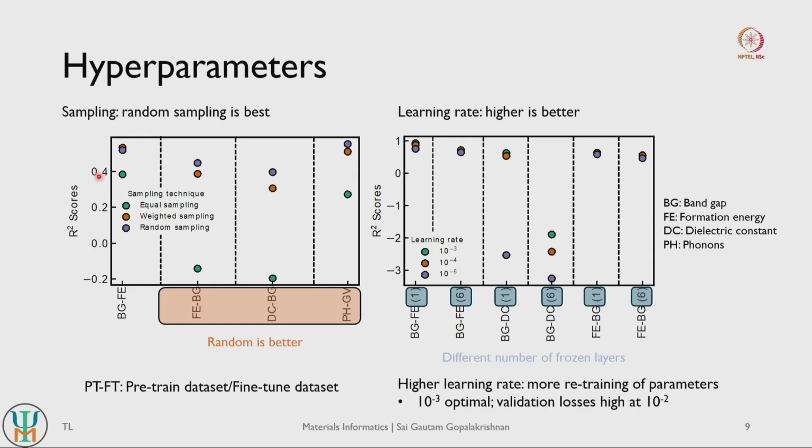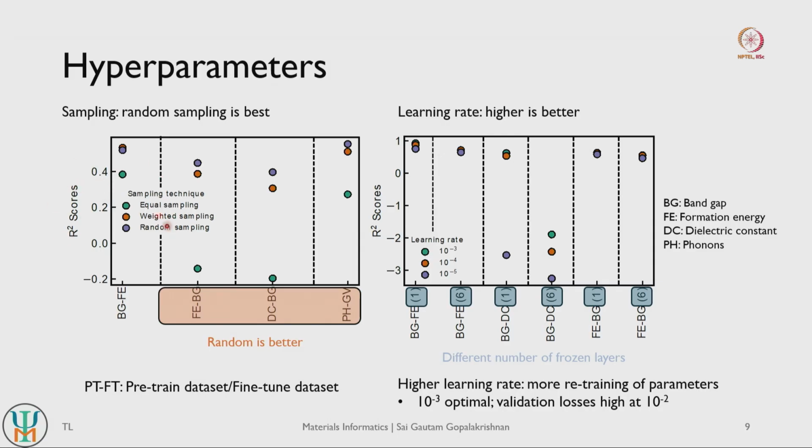So we are basically plotting the R2 scores here of all transfer learned models. The notation being used is, the first data set is what is used for pre-training, so here band gap is used for pre-training. And FE is the fine tuned data set. So this is the target data set, so FE is your formation energy, so you are trying to predict formation energies here. Here you are trying to predict computational band gaps, here also you are trying to predict computational band gaps, here you are trying to predict shear modulus, right. So you basically see different performances of pre-trained fine tuned models.